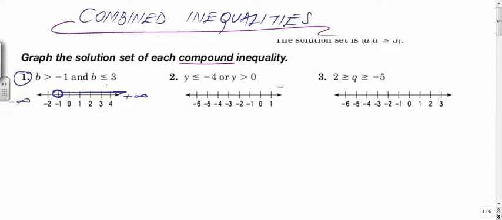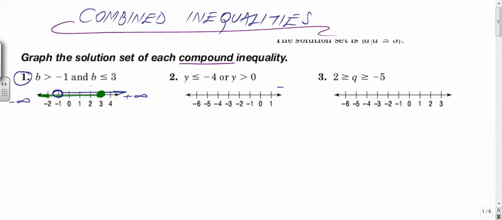Next inequality, b less than or equal to 3. Okay, because it could be equal to 3, it should be a full circle here, right? And we'll go all the way to negative infinity because b will be anything that is less than or equal